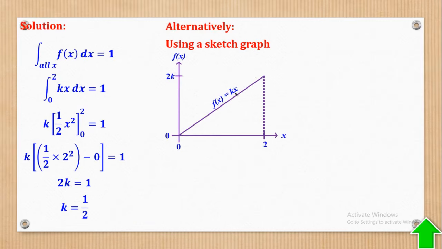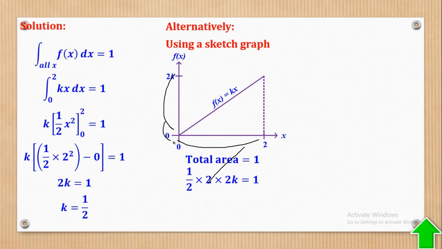So after drawing this graph, you remember that total probability is the same as total area under the graph. So if you look at this area under the graph, it forms a right-angled triangle. Therefore, I have to remember the formula for area of a right-angled triangle, which is a half base times height. So in this case, the base is 2, which is that, and the height is 2k, which is that, and